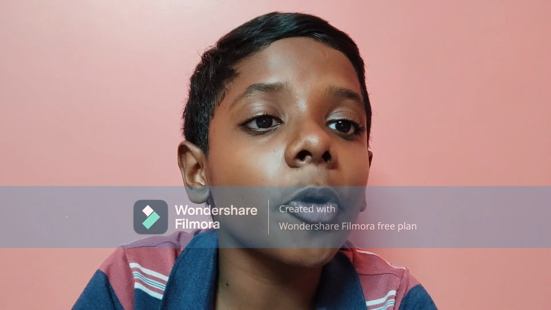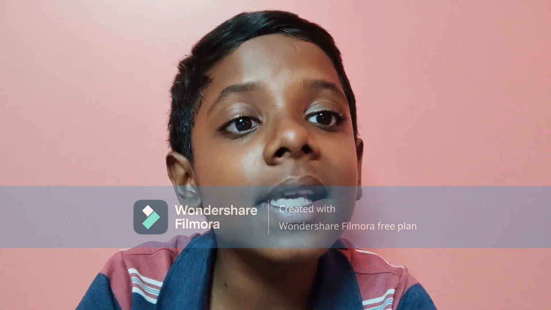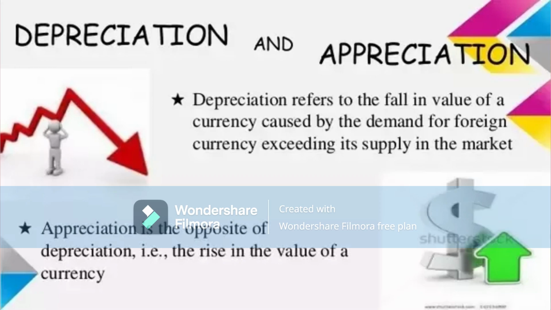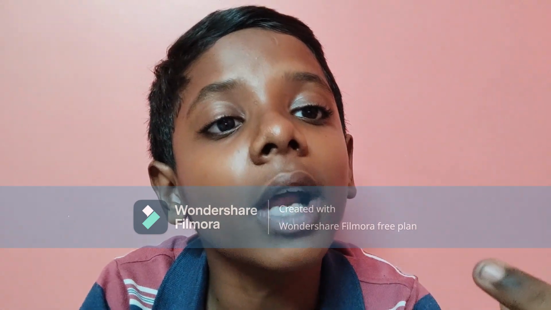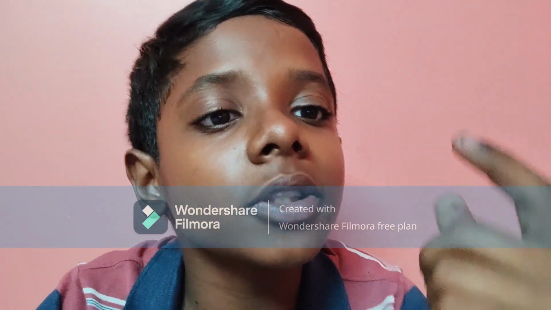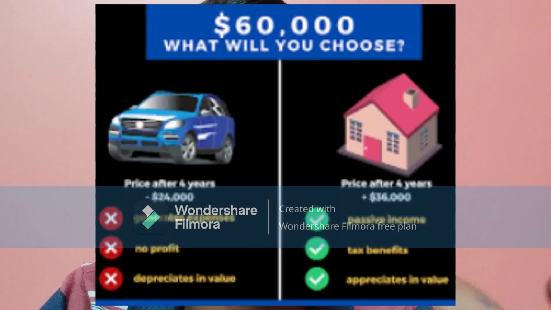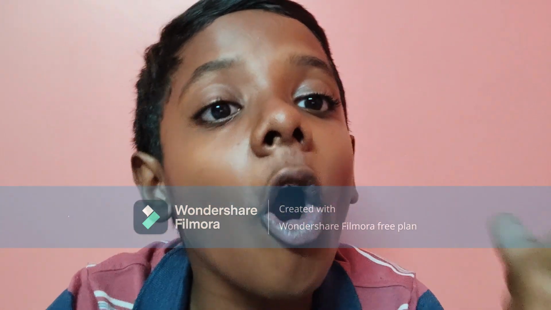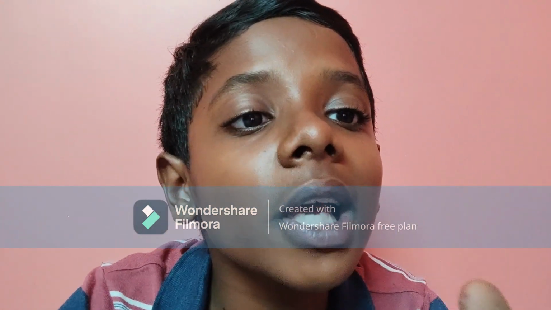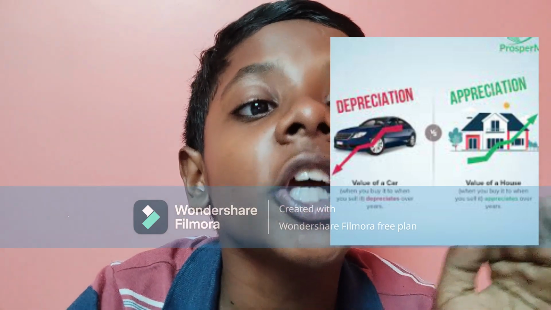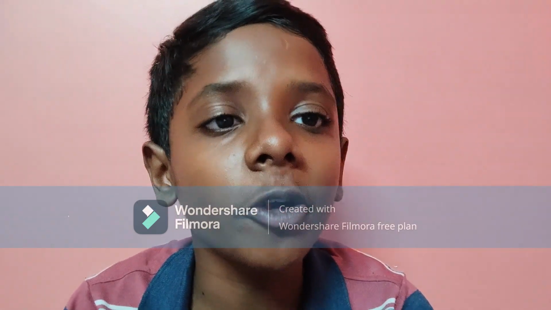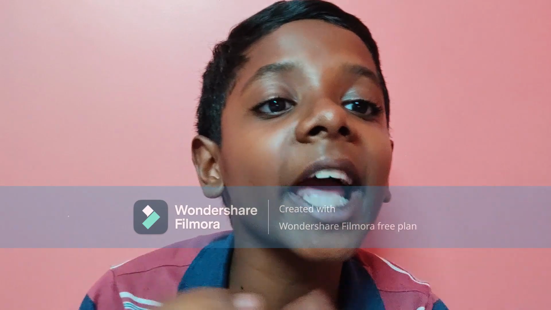And the next is, do assets decrease or appreciate in value? That actually depends upon your asset, because assets usually decrease and increase in value. For example, if you have a house or a stock, they actually increase or decrease in value. They might be increasing or decreasing in value, because that depends upon your house and your stock. But when it comes to a car or stuff like that, when you sell a car after 5 to 6 years, they actually decrease in value. So in this video, I hope you all understood about assets and liabilities.